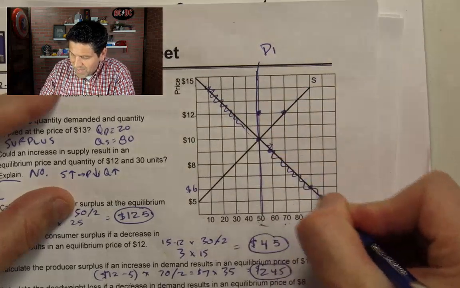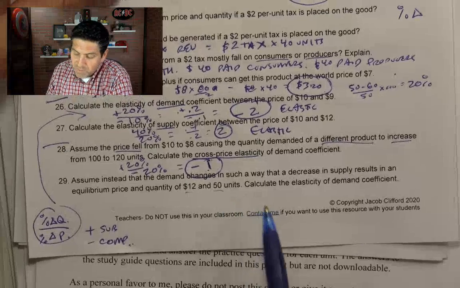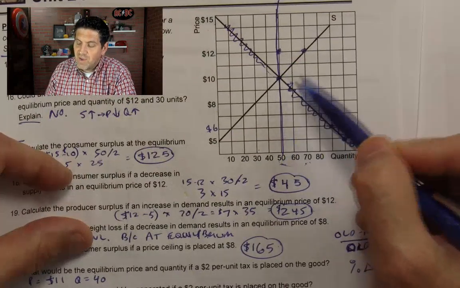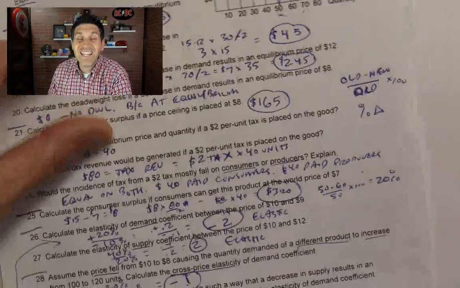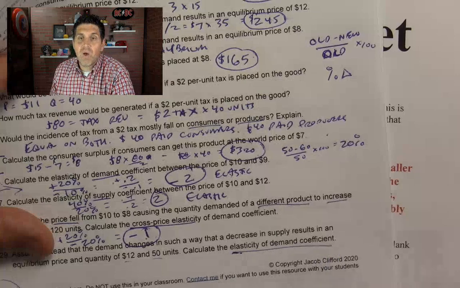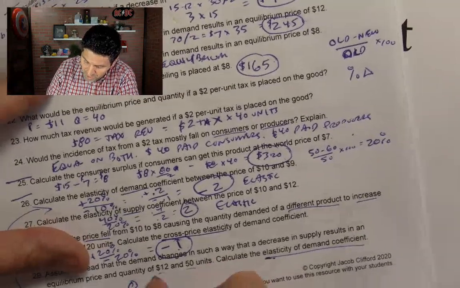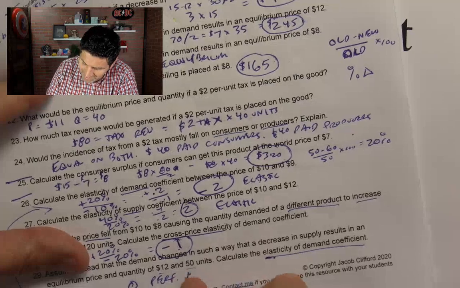So this old demand curve, and this is getting ugly, I'm sorry, has now disappeared because it changed in such a way where now when supply decreases, the price is 12, quantity is 50. We have now a vertical demand curve, a perfectly inelastic demand curve. And the question is, calculate the elasticity of demand coefficient when the demand curve is vertical. The answer is it's 0. This is perfectly inelastic